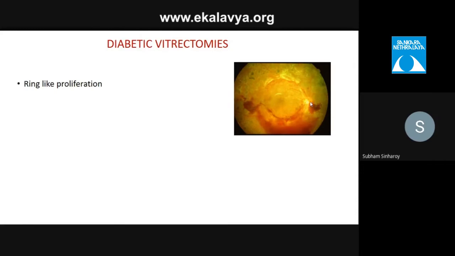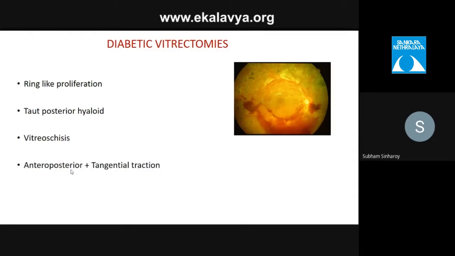However, any bleeding from the disc or the neovascular area will eventually seep into the precortical vitreous space, because there is an eventual connection between the two. Second, the hyaloid is always taut. There is never a complete PVD. Even if there is a PVD, there is a vitreoschisis, which is almost always there in diabetic cases, and it remains adherent to the posterior pole. This is one of the features of diabetic cases that is called diabetic vitreopathy.